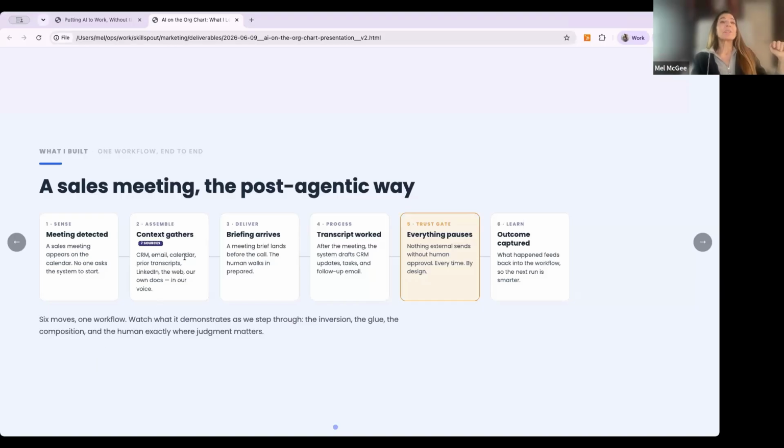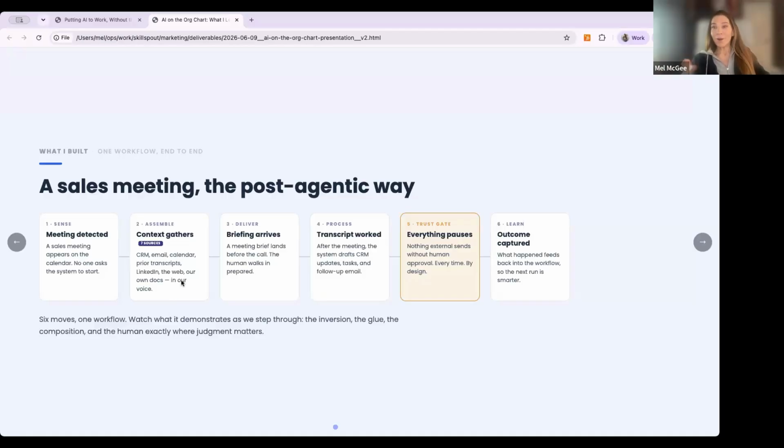It gathers context. I'm going to say this one more time. Think about all the time that this saves. CRM review, full CRM review, full email reviews, calendars, looking at, do we have previous meetings? If so, let's look up the transcripts from those meetings. LinkedIn, go search on LinkedIn, search on the web, and then look in our own docs on Drive.